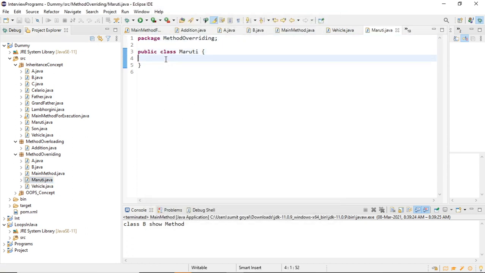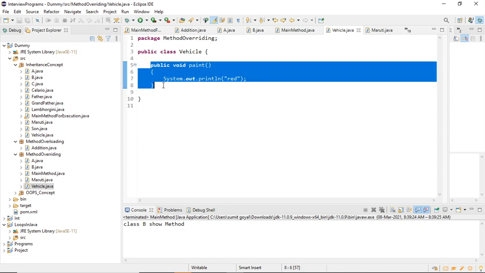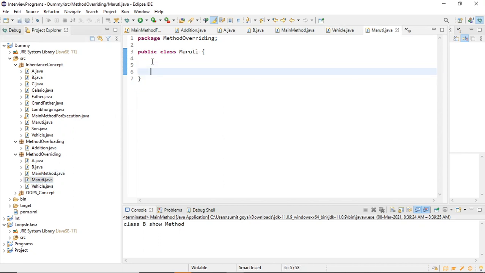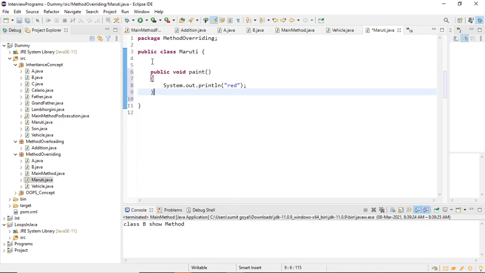and if you remember why we do inheritance, if I want to color my Maruti class red as well, I can write the same method in Maruti. Why am I doing that? Because I want my Maruti to also be painted red, so I have written the code again.